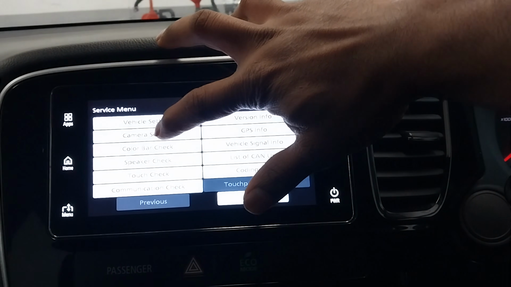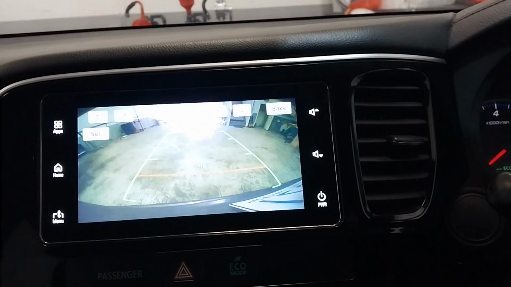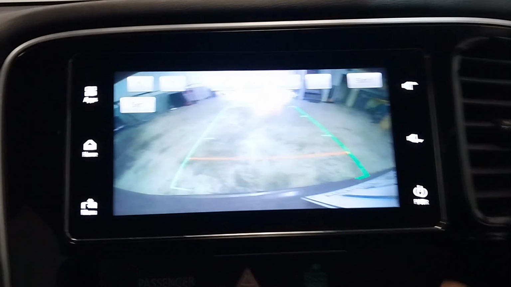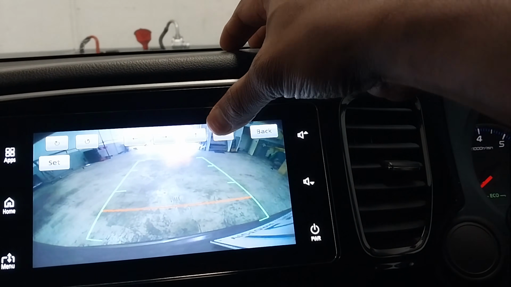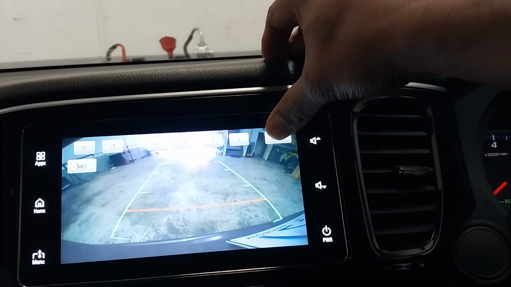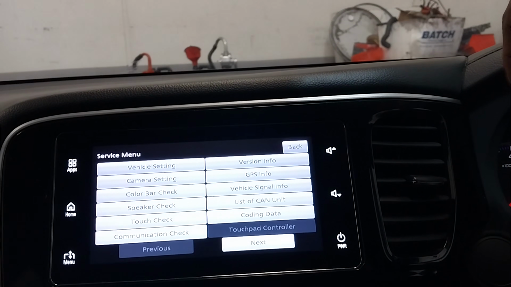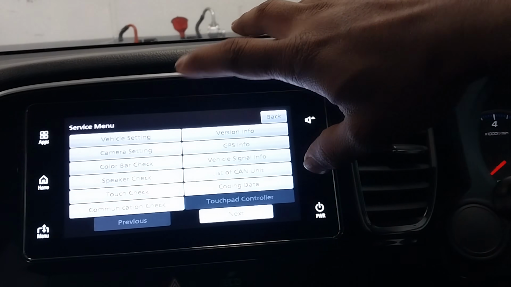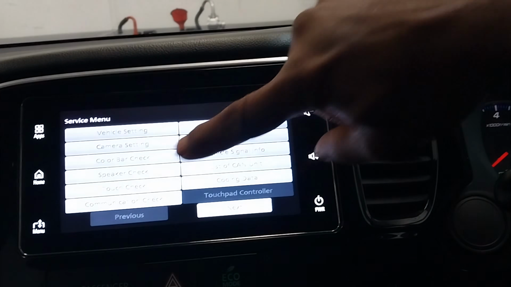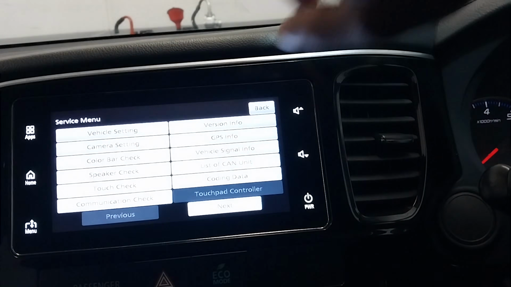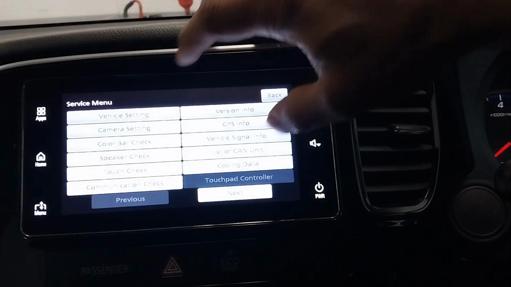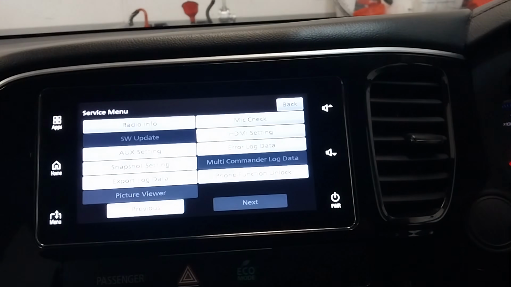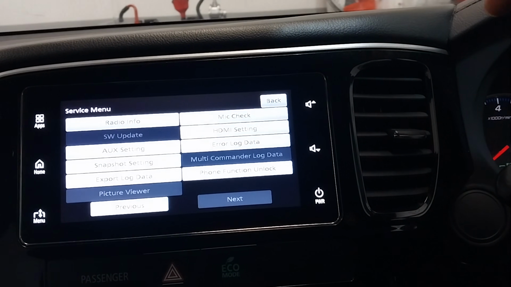And also you can do camera settings. You know these lines, I've seen on many cars the lines are offset, so you can go up and down or adjust the lines, and also you can see what software is in it, the screen calibration, speaker check, so many settings. So mic check, HDMI check,